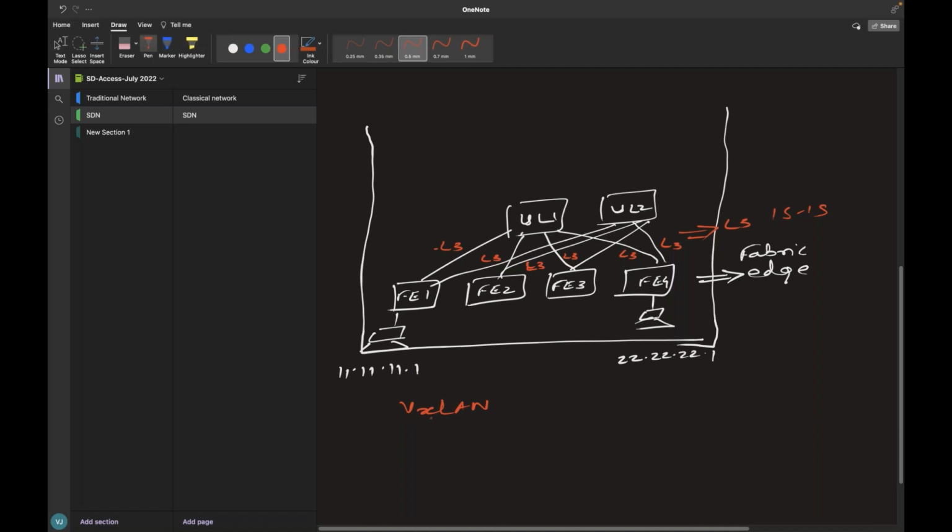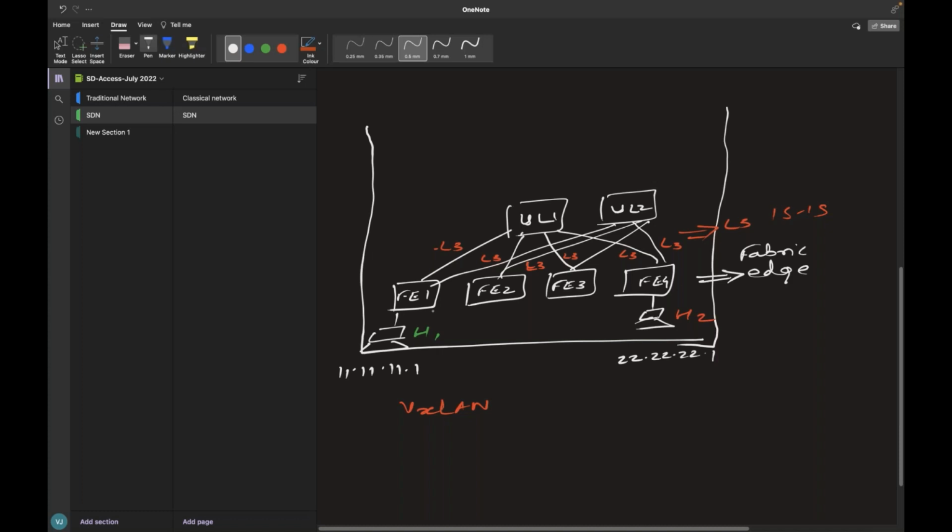Now, if we take the same example of this particular host 1, if it wants to reach host 2, how does the packet go? Now there is L3 in between. What happens here?